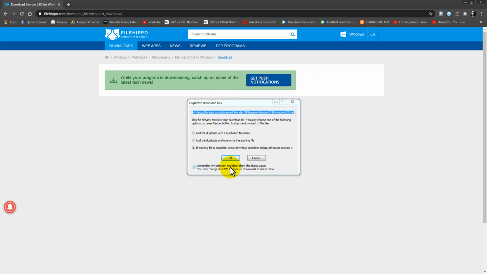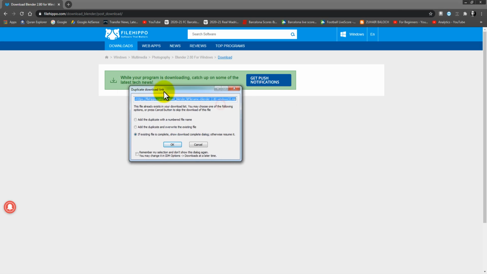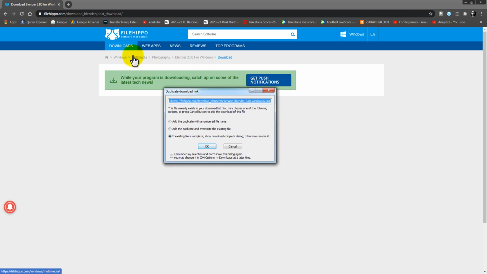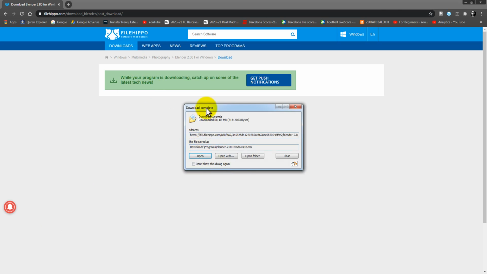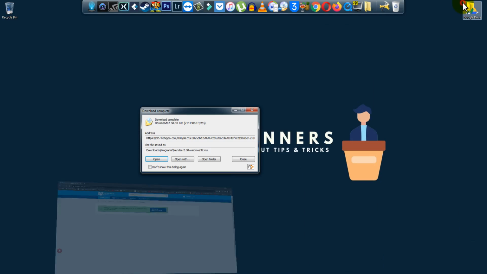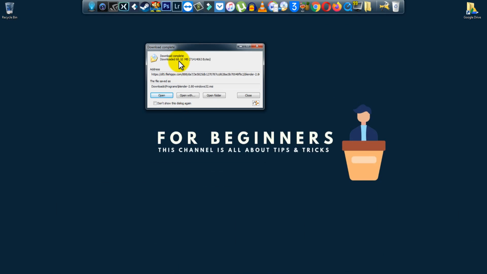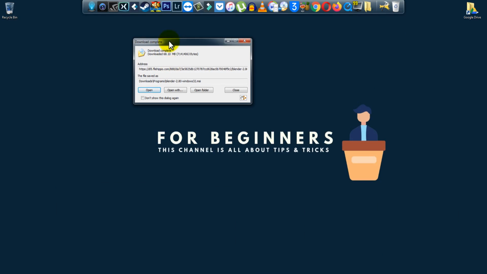I already downloaded this, that is why it is showing me like this. Otherwise it will start downloading for you. When I click OK, it is showing me that download complete, 68 MB. Wait for a few seconds or minutes, depending on your internet speed, and after that, when you finish downloading, then